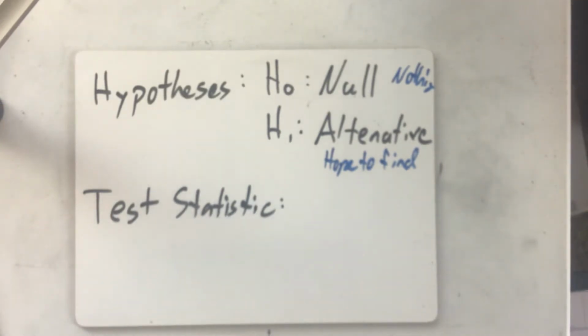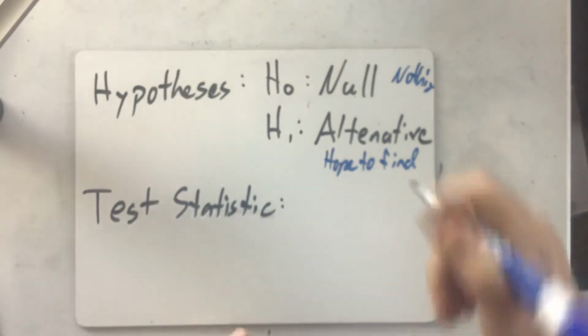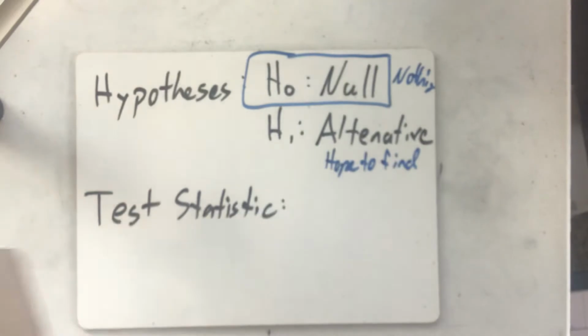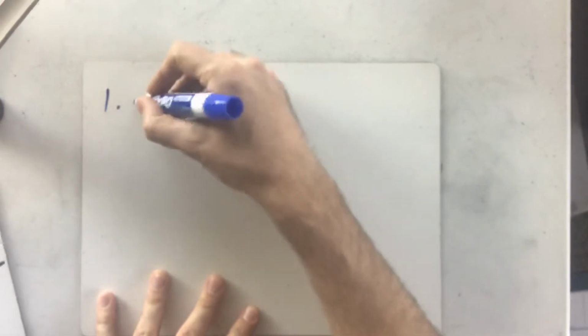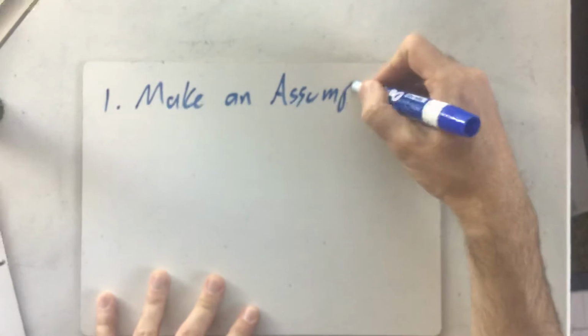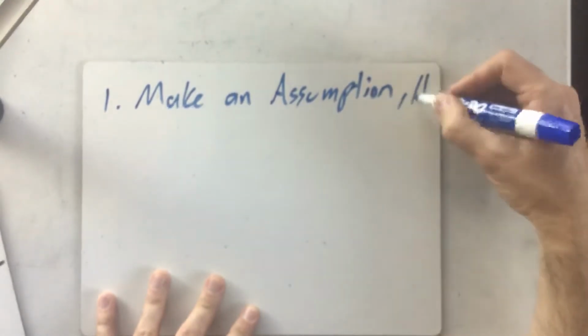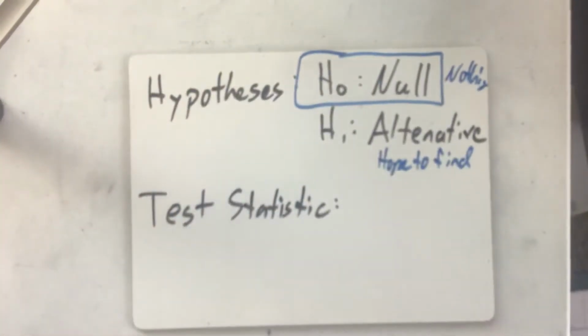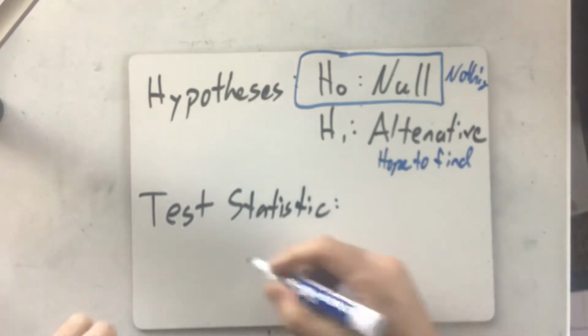What's important is when we come to hypothesis tests, it's really this null hypothesis that we're starting with. So if I come back to my big picture, where we start is we start by making an assumption, and the assumption is our null hypothesis. We always just assume that nothing is going on, and we'll see why we want to make that assumption in just a minute. So once we have our null hypothesis, we find what's called our test statistic. And our test statistic is going to be a number